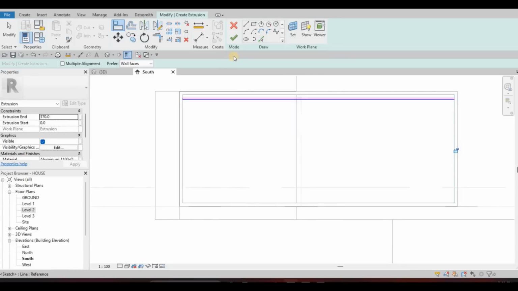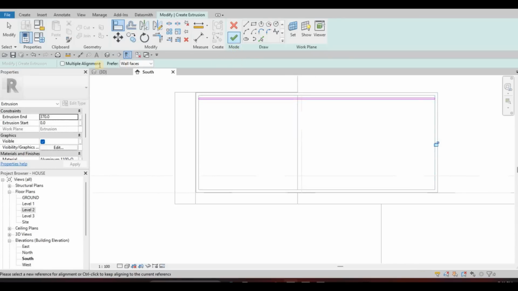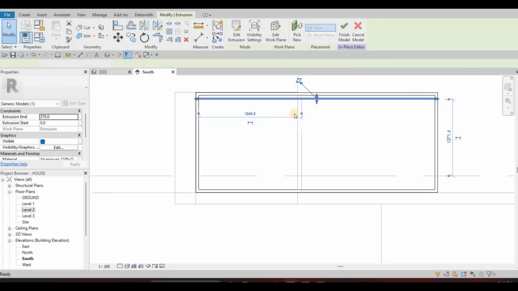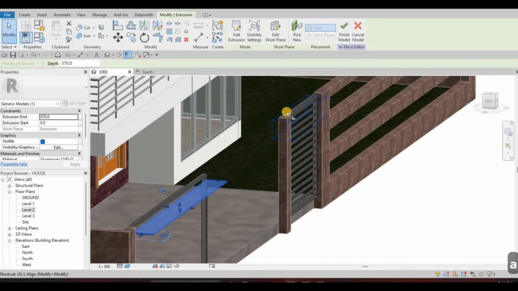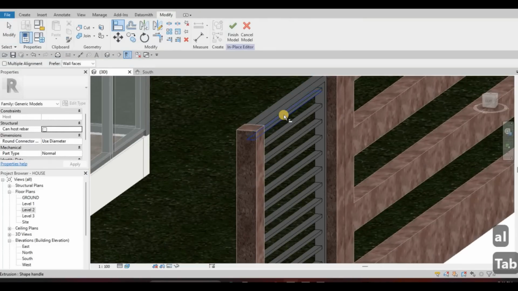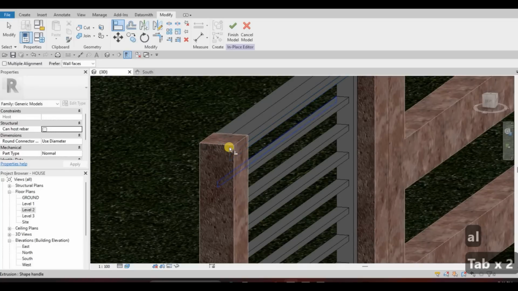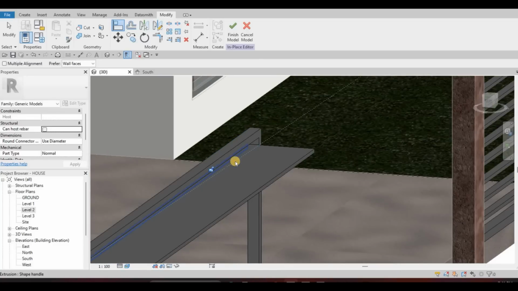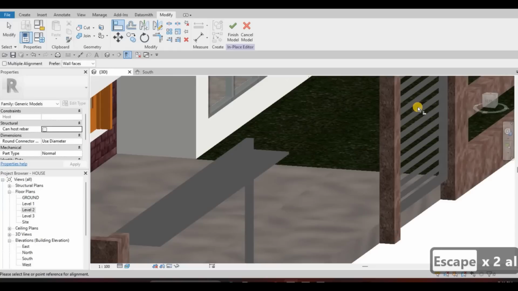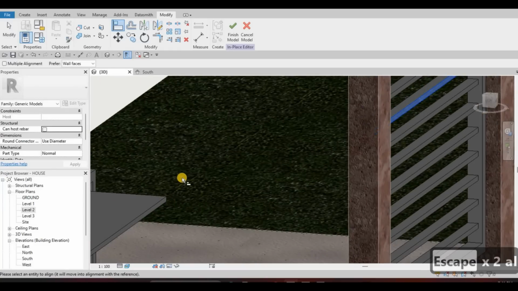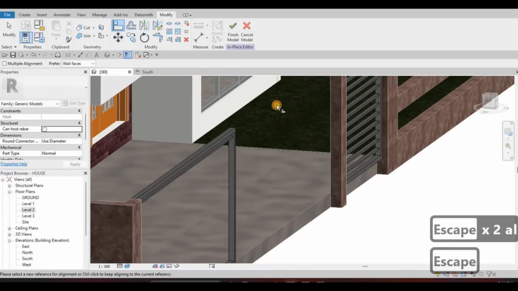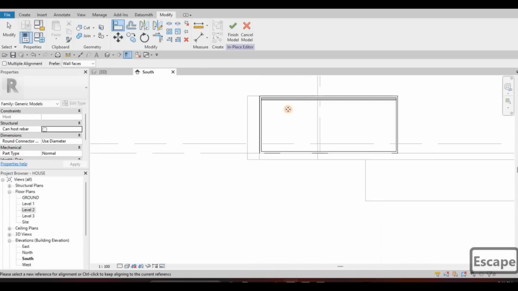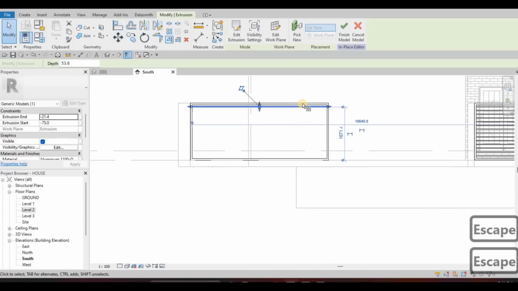So now we can click finish on that, go back to 3D, AL, align it at the end or at the back right there, and then AL again, align it here. So everything is aligned, and then now we just need to do an array,